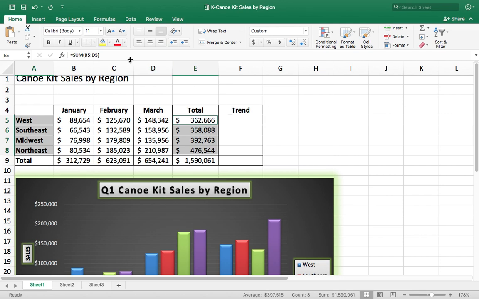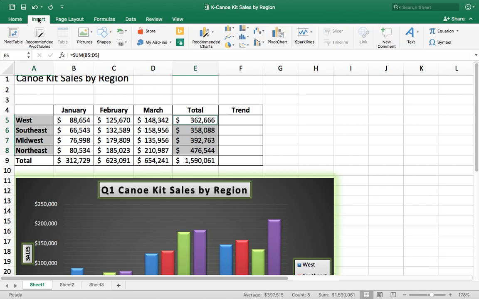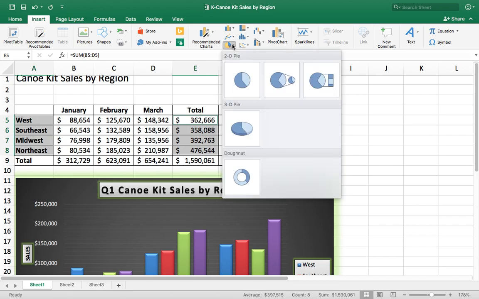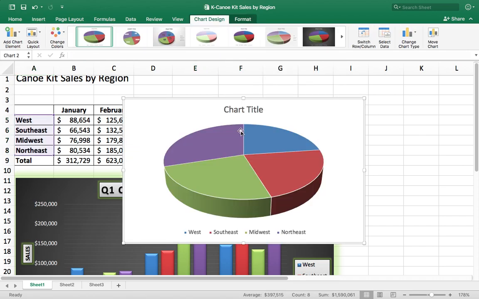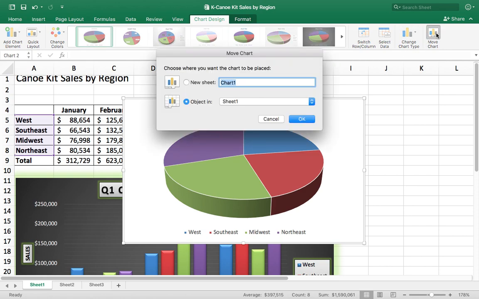All right, then we're going to go to the Insert tab, go to your pie chart, and we're going to select the 3D pie. Okay, notice this puts your chart right over what we've been working on. So what we're going to do is move the chart to a new page. So click Move Chart up in the top right-hand corner. Click on New Sheet. And then we're going to change that title to